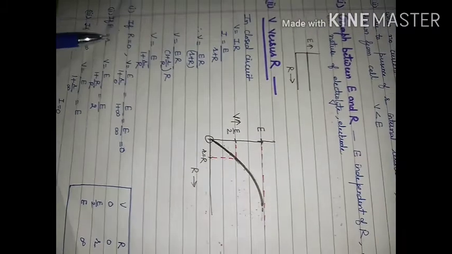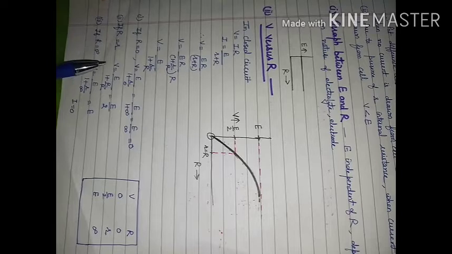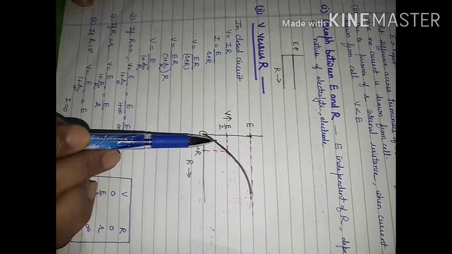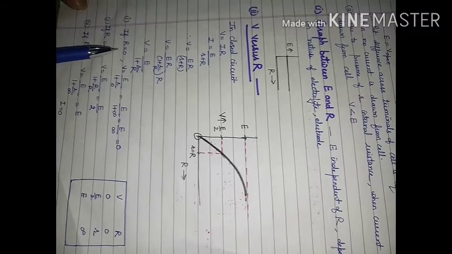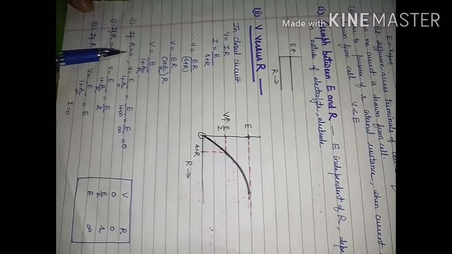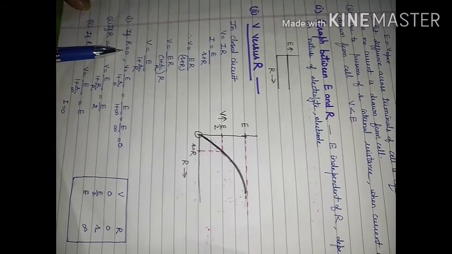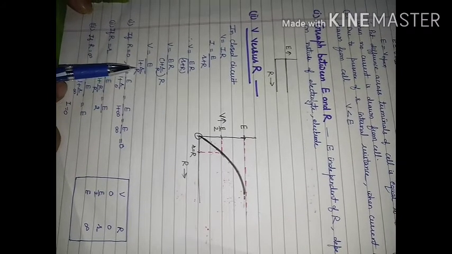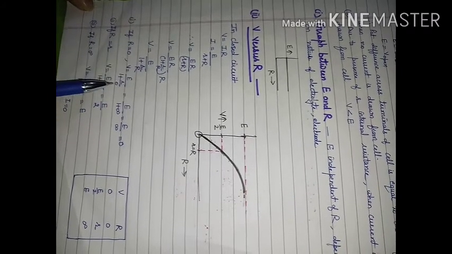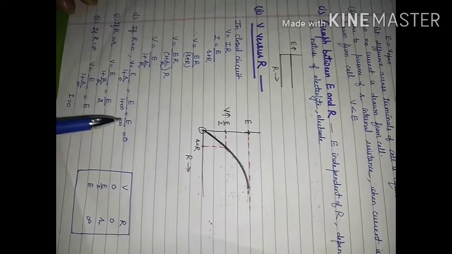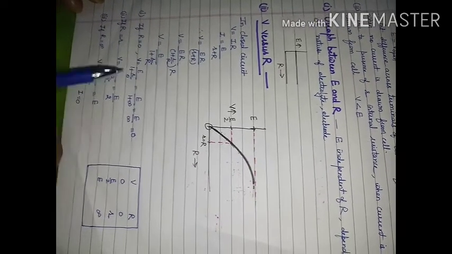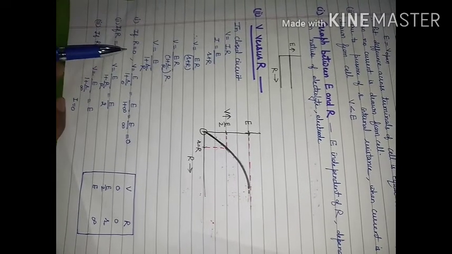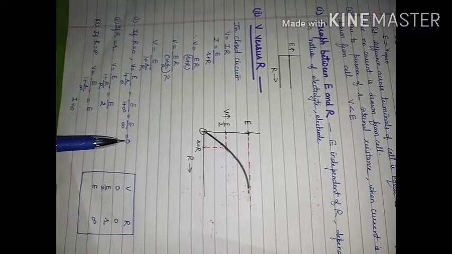Here we will consider 3 cases in order to draw the graph. We will come to one table, and using that table we will reach this graph. If I consider external resistance is 0, then what will happen? I will put R to be 0 here. r upon 0 will become infinity. This will become E upon infinity. So V will become 0 in this case. If your external resistance is 0, V will become 0.